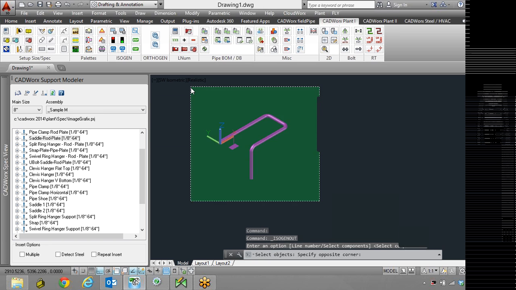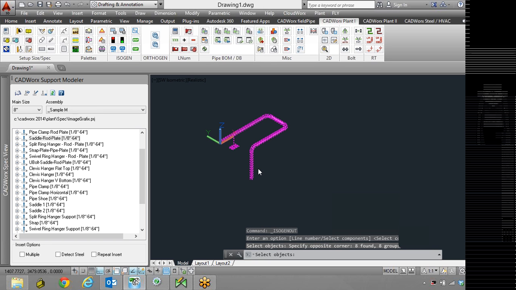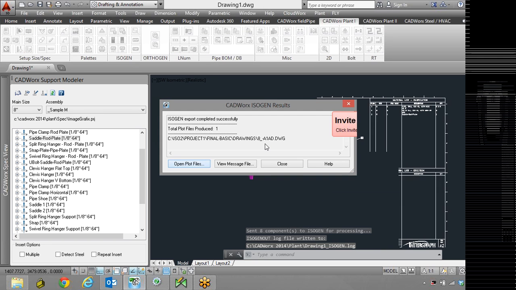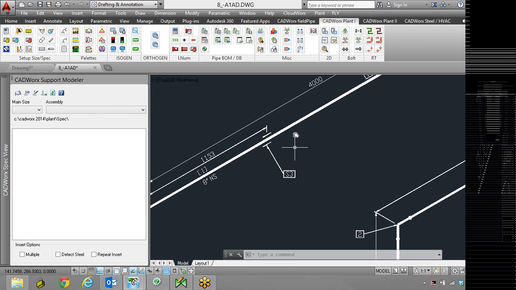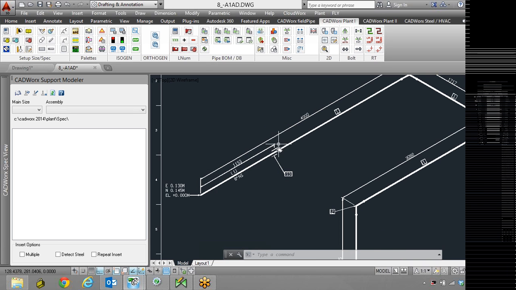I create an isometric drawing. Then I look at the output. It shows the pipe support as a guide and defines the location for the pipe support. If I would like to use my own shape instead of this standard one,